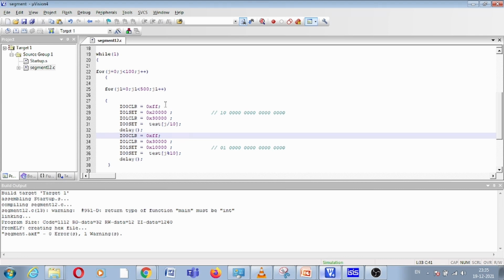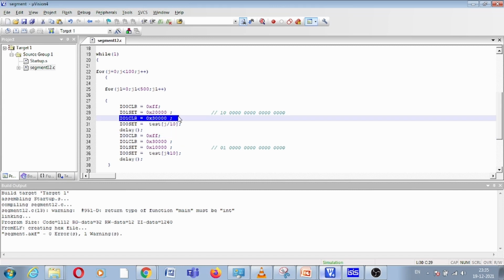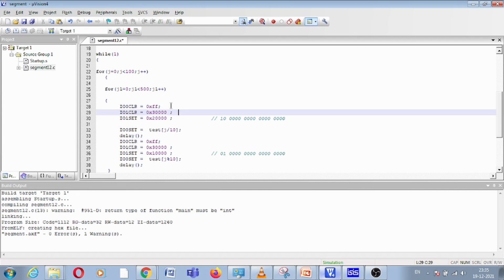J divided by 10, yes, j modulo 10, and yes, we have to clear this before setting anything.